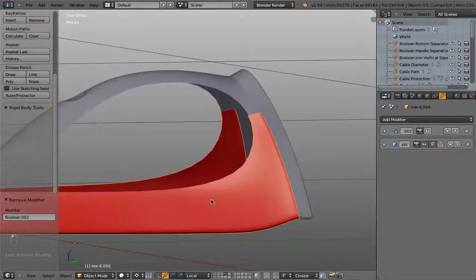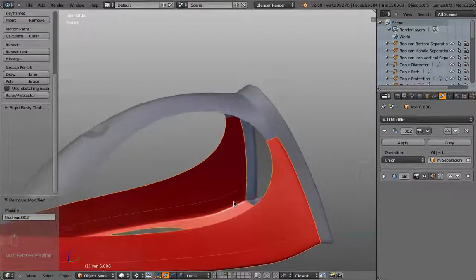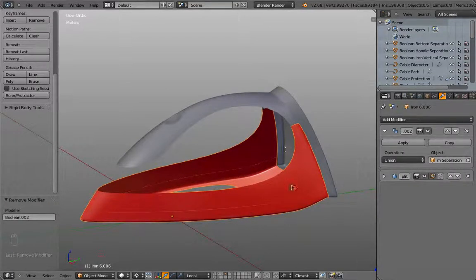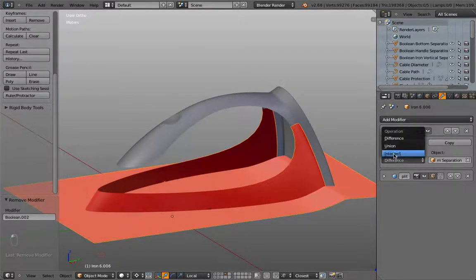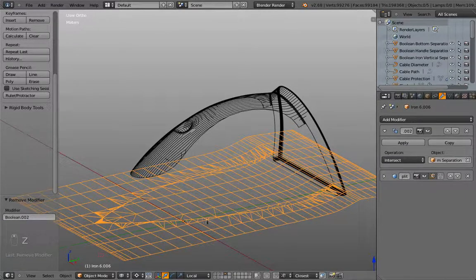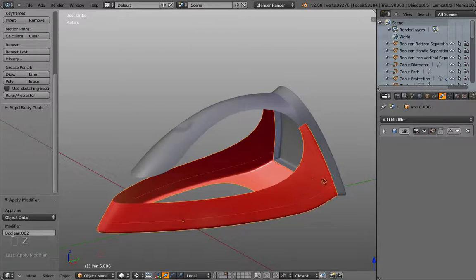I can just delete this one, and here turn this one on. And maybe I have to turn this one to union as well. Union doesn't necessarily make sense, but because I use a volume with a surface, that's kind of like the result. If I go to difference or intersect, see intersect, you just have the profile in there. Click apply, and then